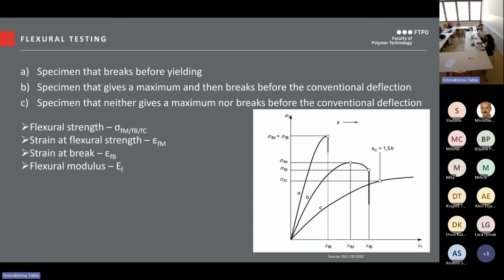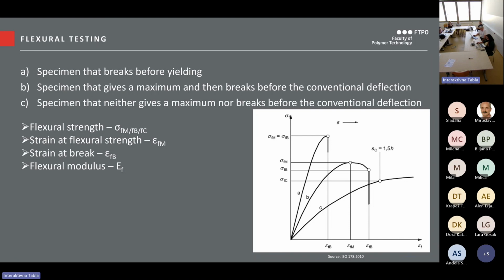We have then the type B curve. It's for specimens that give us a maximum and then break before the conventional deflection. And type C curve, where we have specimens that neither give us a maximum nor break